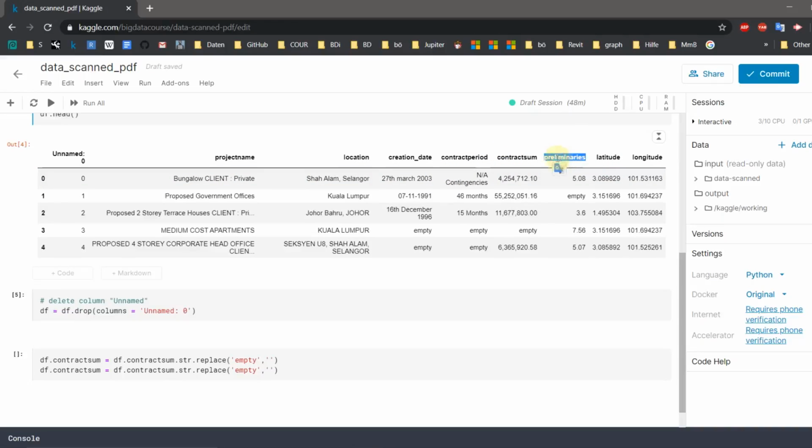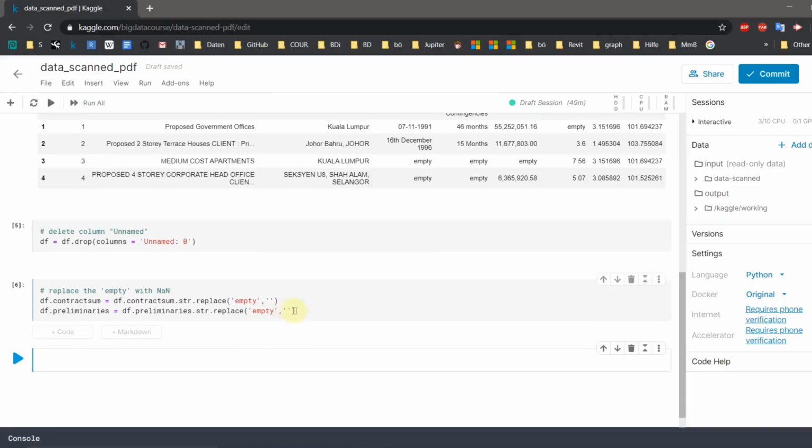We will do the same for the preliminaries column. Let's look at our data frame. Print it.